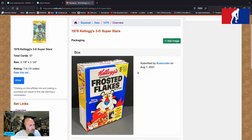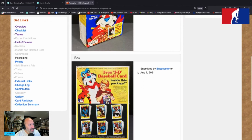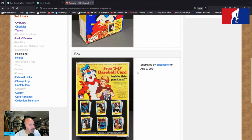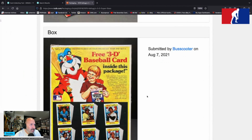The packaging, of course, Frosted Flakes box. Kellogg's 3D baseball cards are inside. Inside this package, free 3D baseball card. Kids, put sugar Frosted Flakes on your breakfast team and get a free 3D baseball card. Take a tip from Tony and team up with Kellogg's. Great tasting sugar Frosted Flakes. You get a delicious cereal for your good breakfast and a free, all caps, Kellogg's 3D, in quotes, baseball card